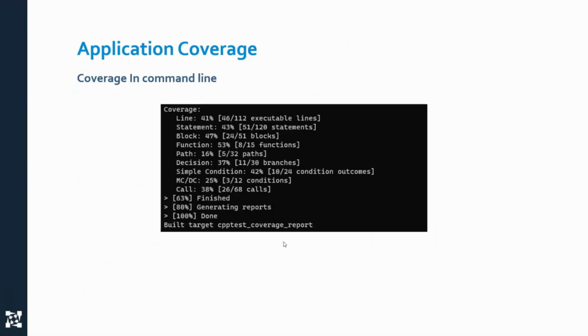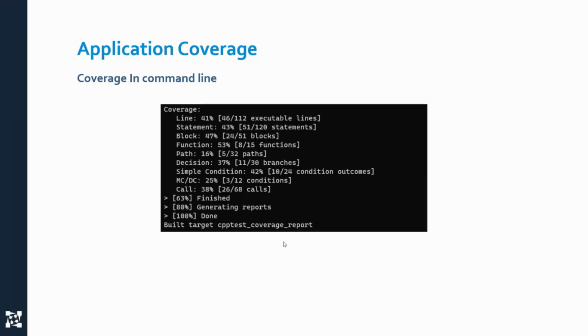Then I will show you the application coverage from command line mode, so you can integrate this command line coverage tool into your build system. You can apply it on your standalone application, whether it is based on an IDE or whether you use the command line